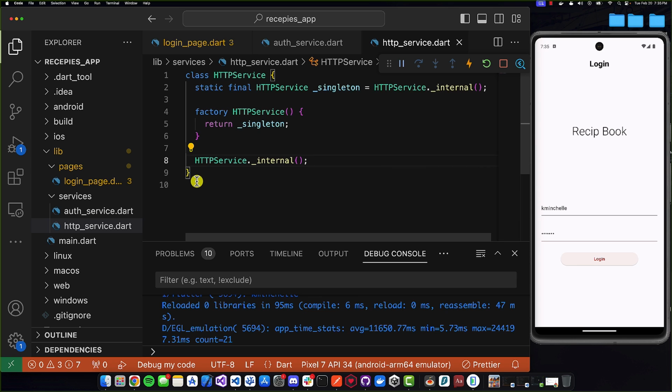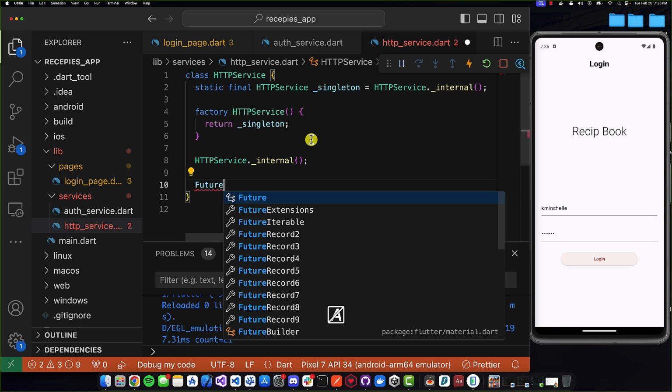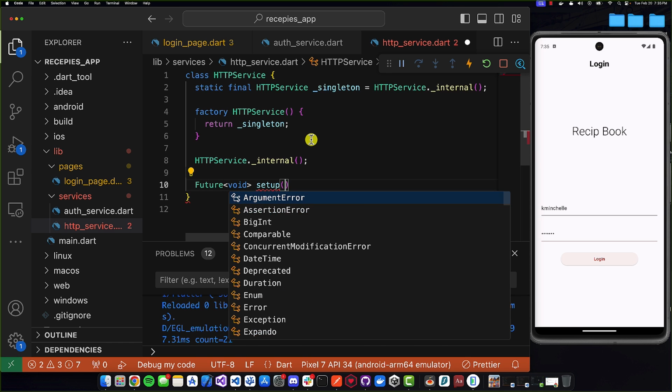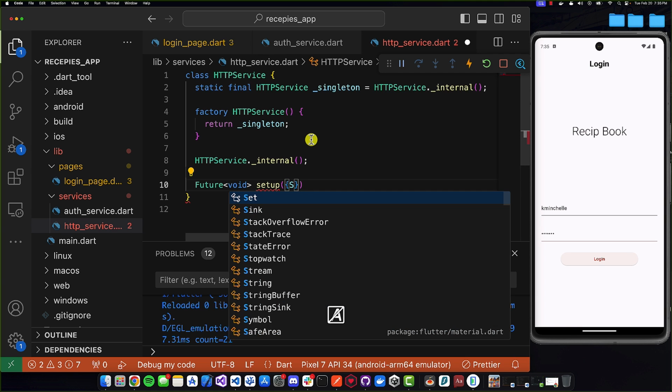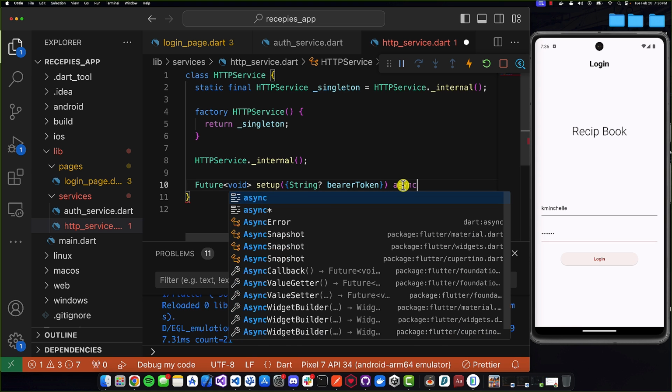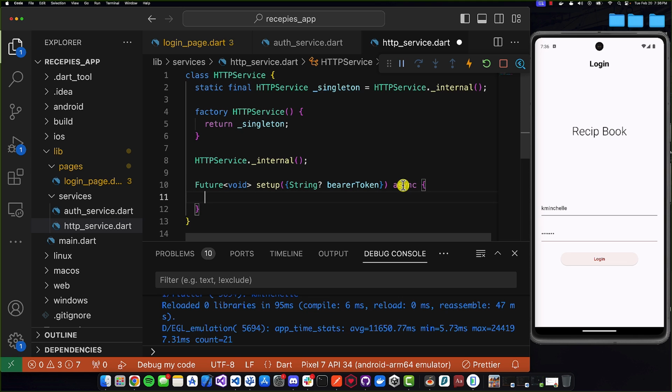So within here, what I'm going to be doing is actually firstly setting up the Dio object so that we can use it to actually send HTTP requests. I'm going to create a function which will return a Future<void>. I'm going to say it's going to be called setup. And the setup function will optionally take a named parameter, which is going to be called bearerToken. So this is an optional argument, which is a named argument that might get passed to the setup function, but it's not required. And then I'm going to mark my function as async and open up its body